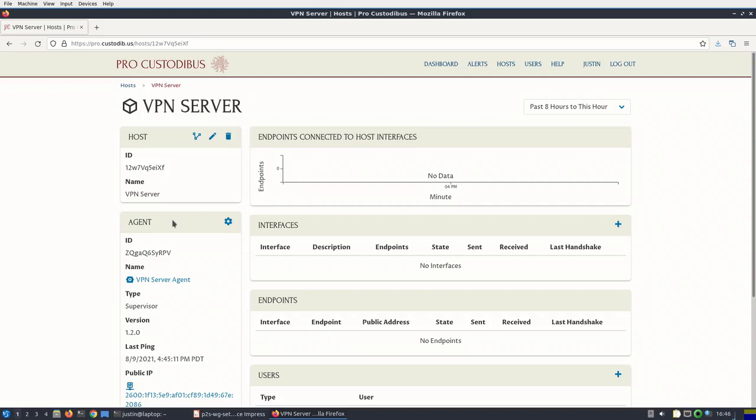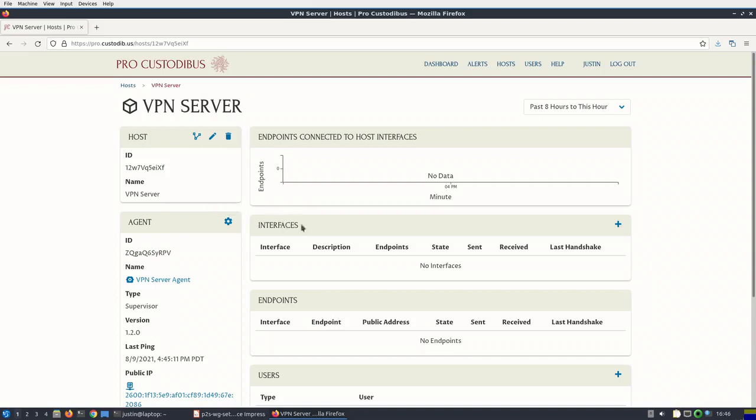So from the perspective of a host, a WireGuard interface is the local side of its connection to a WireGuard network. So the first thing I need to do to configure this VPN server is create a new WireGuard interface